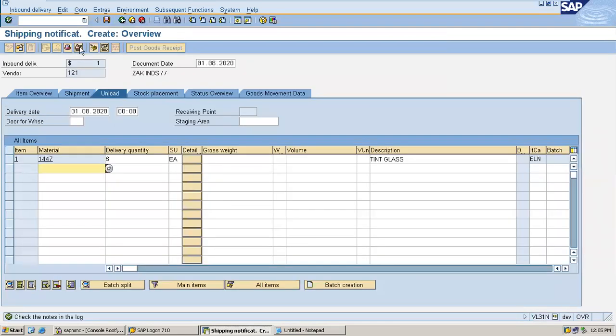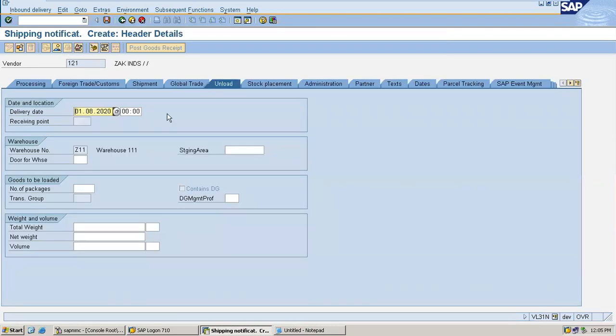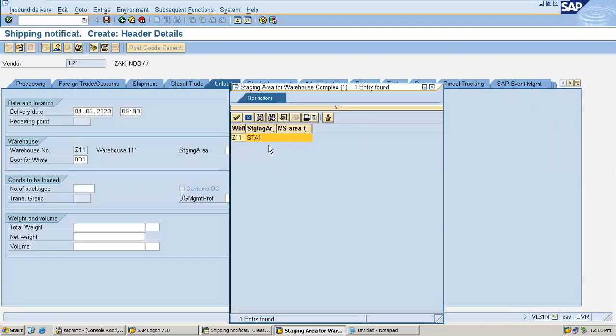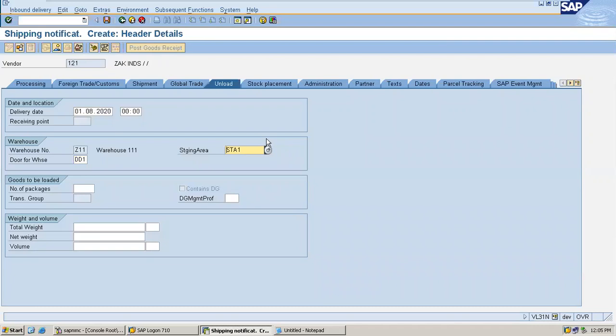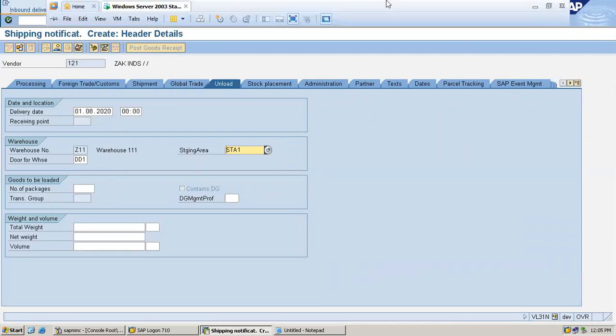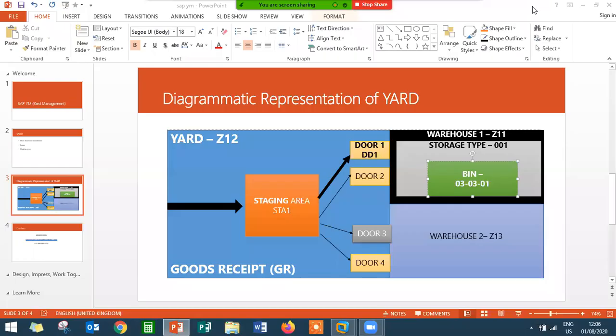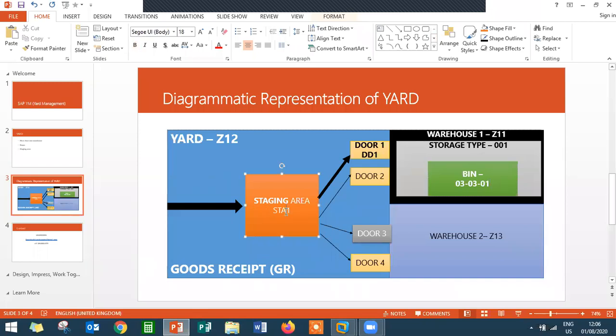Now go to the header. Go to the unload tab. In the header, unload, enter the door, DD1. DD1 is the door. And enter the staging area, STA1 is the staging area. So I'm going to buy this tint glass into the staging area STA1 through door DD1.